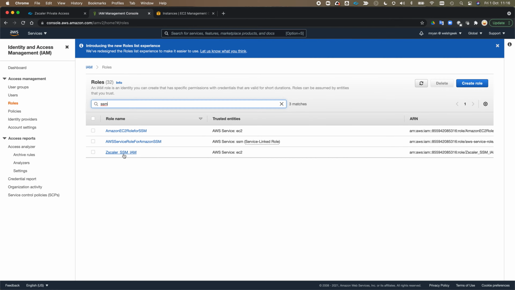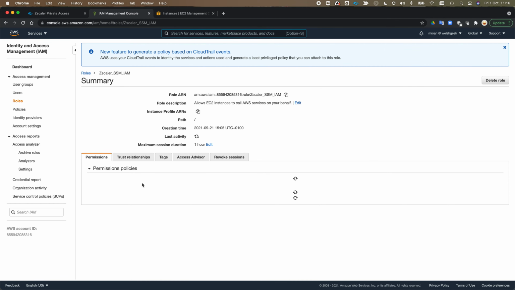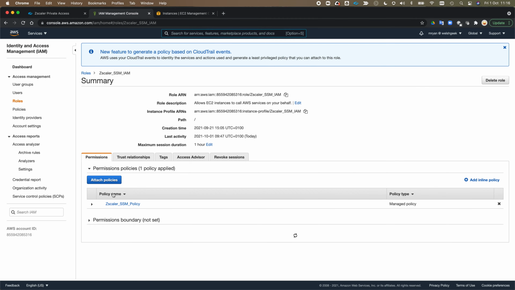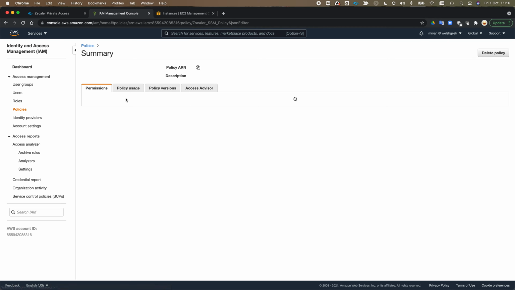Here's my Zscaler SSM IAM role. It's trusted by EC2. So EC2 is the instance that can assume that role. And that role has a policy associated with it. So if we look at this policy,